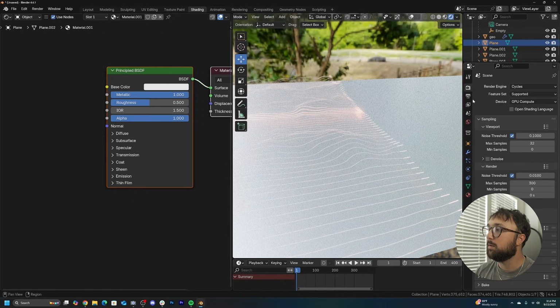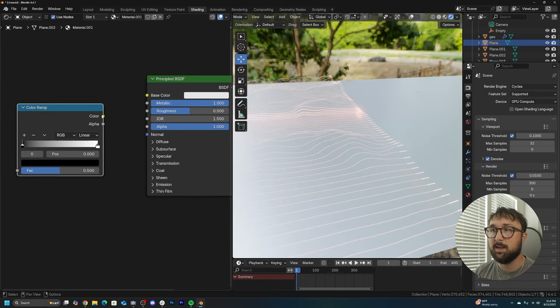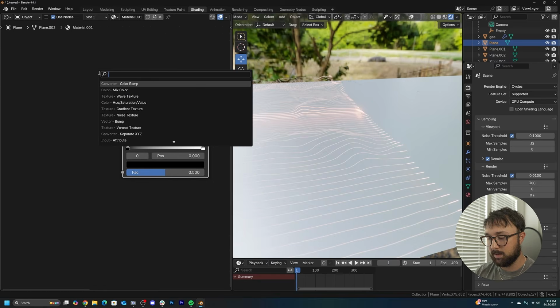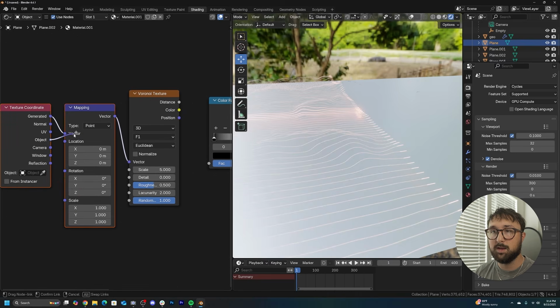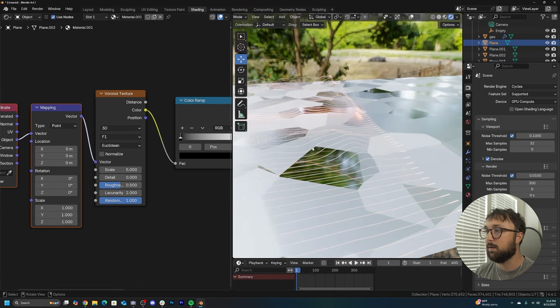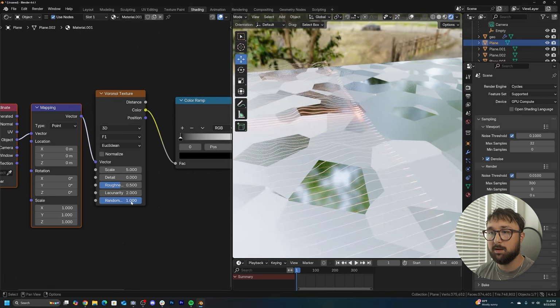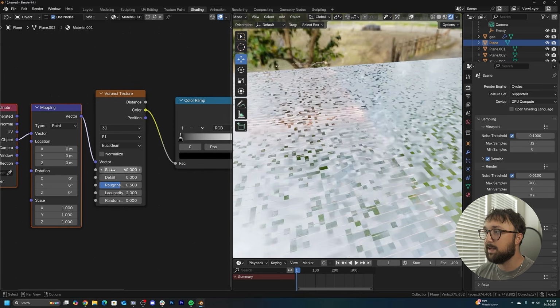So what I wanna do is turn on my denoiser. So we're gonna get in a color ramp, plug that into the roughness. We're gonna get in a Voronoi texture. We're gonna hit Control T, use the object coordinate, and use color, plug that into the color ramp. So now we're gonna get this really nice pattern, bring random to the left and give it a scale of